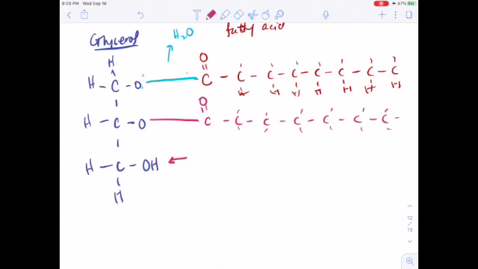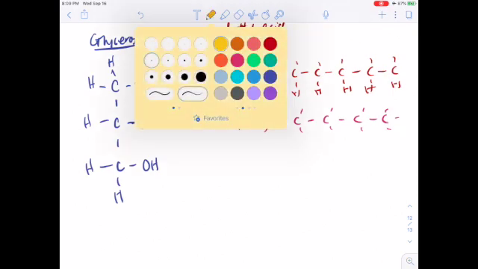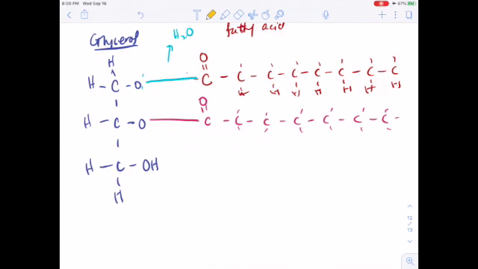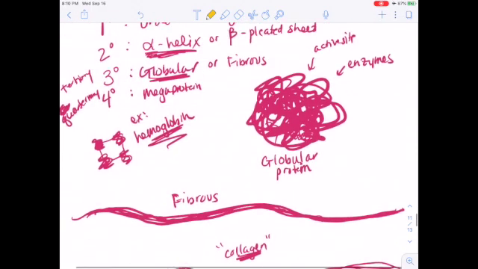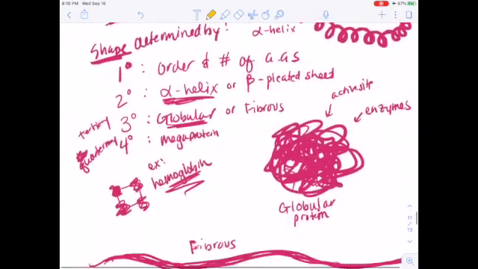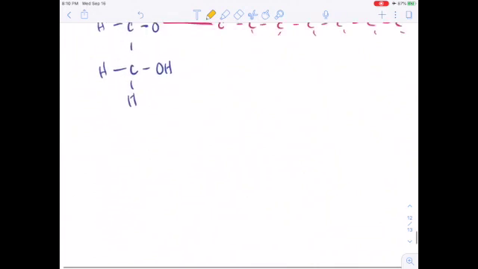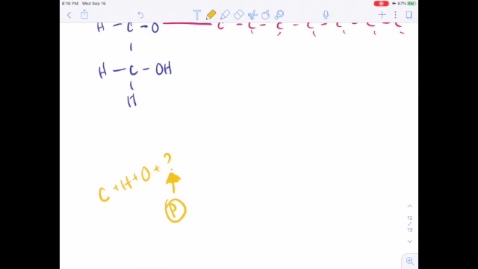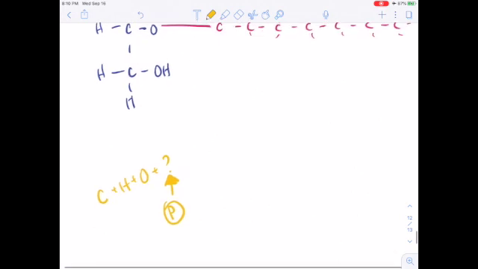Okay, we didn't do the triglyceride here. I've got a diglyceride going on. For a compound lipid, a compound lipid has carbon, hydrogen, oxygen, plus something else. The bomb for the compound lipid, this something else, is phosphorus. And that is called the